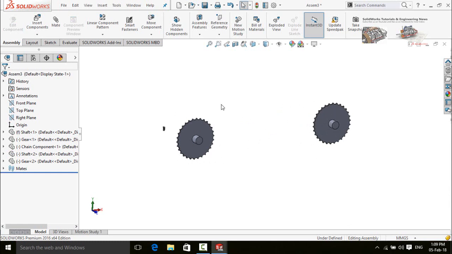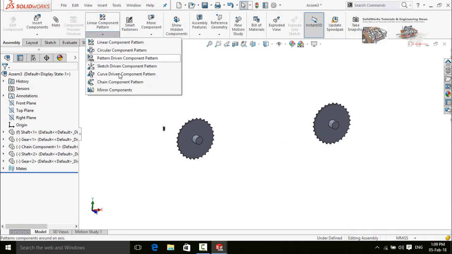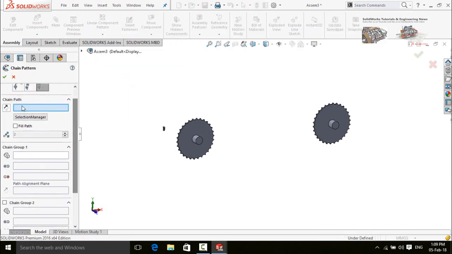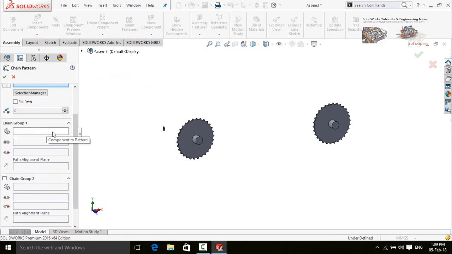Now we have to create a sketch which will be used as a path for our chain component pattern. So first of all, we have to have a look on chain component pattern command. First of all, it will ask us the chain path. So for that, we will create a sketch around both of these gears. Then it will need a chain component to pattern.